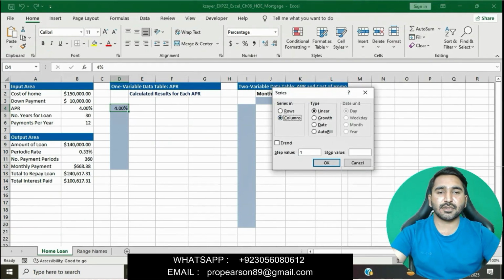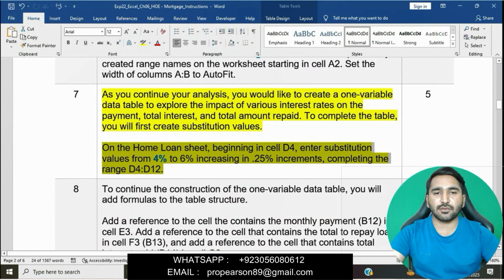One second please, really sorry for taking some time. Step value 0.25 and stop value is 6%. Okay, then we will click on OK. This is good.